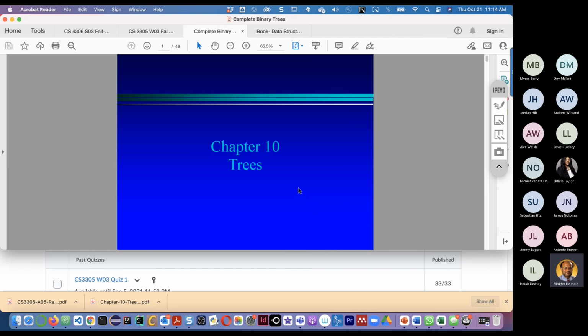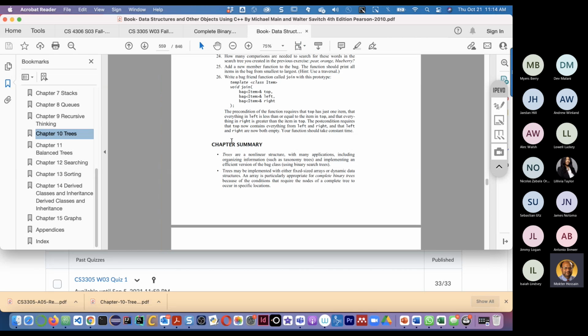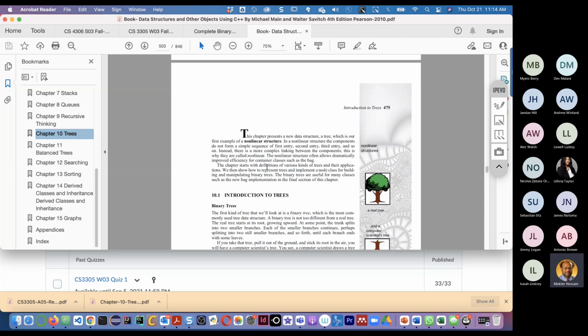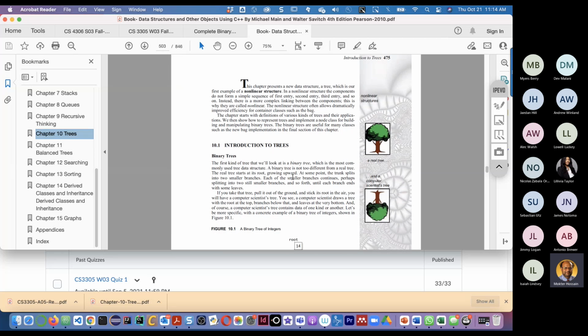As we discussed when we started our tree discussion last week, a tree is a non-linear data structure. Let us do a quick review. In a tree, the data elements are somehow linked together, but not one after another.